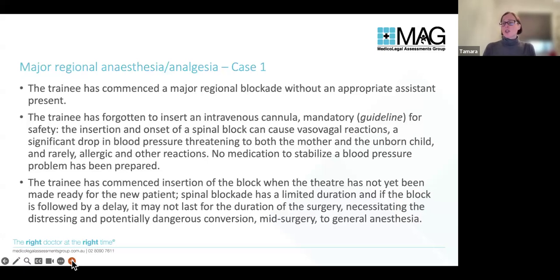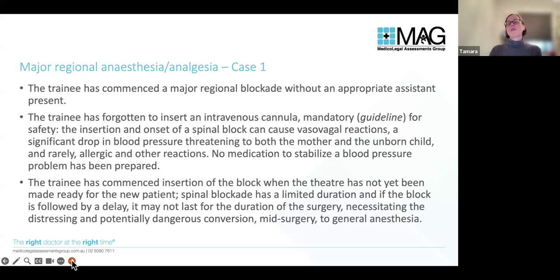You can have significant reactions, quite apart from anything else. Often, if you're a pregnant lady and you're a bit needle phobic and someone's in your back with a big needle, even though you've had some numbing, a lot of people feel faint. And also, the medication that we're injecting is going to alter their cardiovascular parameters, and there's often a drop in blood pressure. And you've got an unborn child that needs blood pressure to perfuse that placenta. The trainee hasn't prepared anything to deal with potential common side effects. I wouldn't even call that a complication. That's just a side effect.